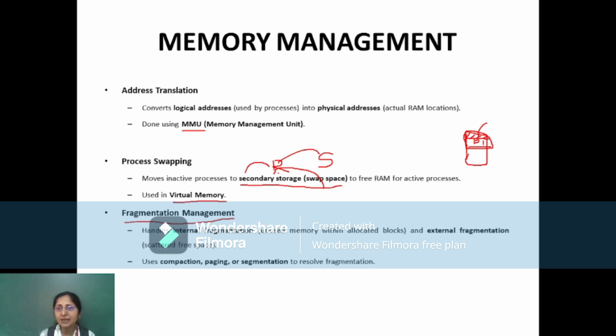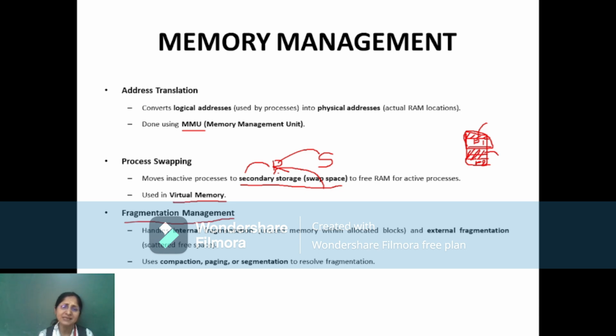Now suppose again there are many blocks, and one more process comes, process P2, and process P2 is assigned this block of memory. So these blocks of memory are never utilized. These are not assigned to any of the processes. So again we see that this is also the wastage of memory, but this is outside the assigned block. So the wastage of memory which is outside the assigned block is known as external fragmentation.